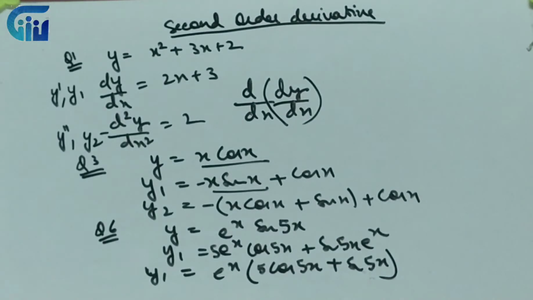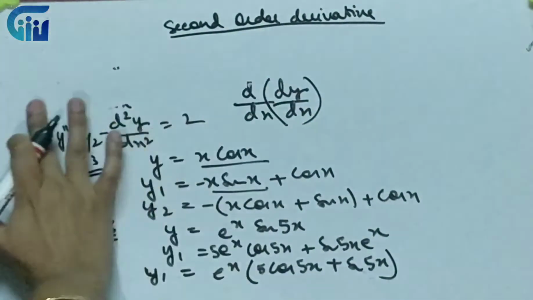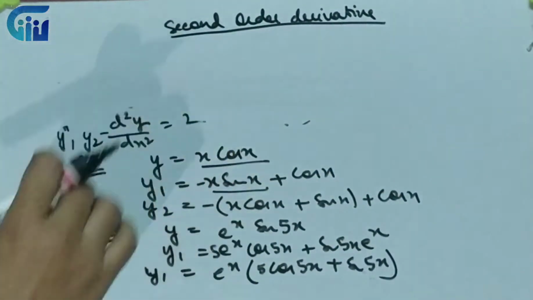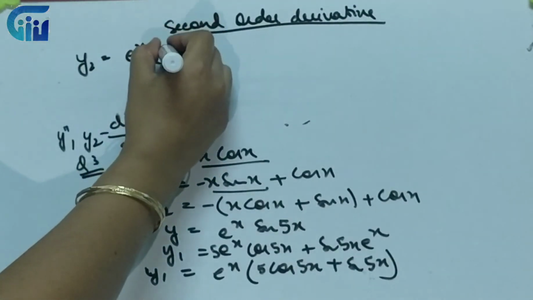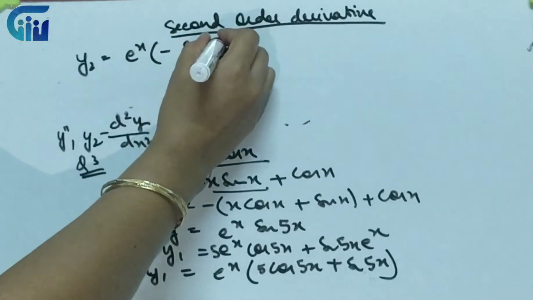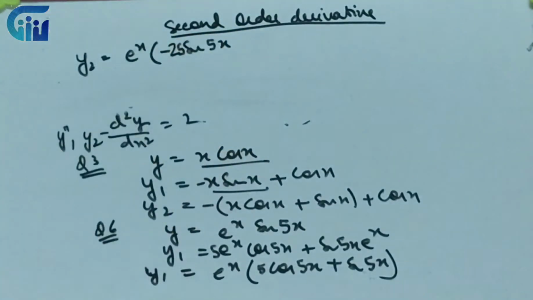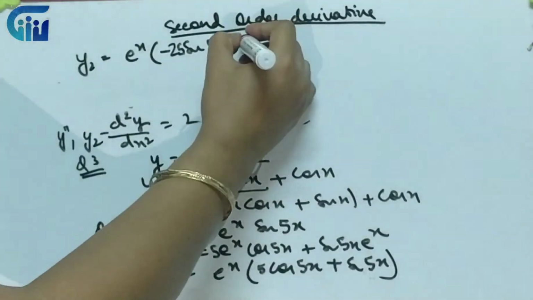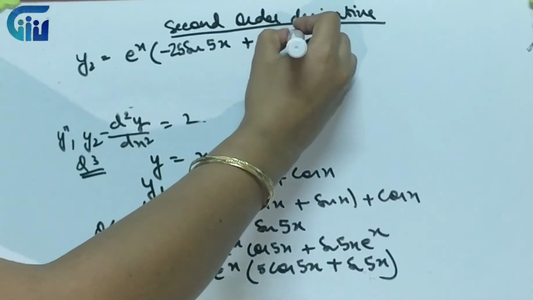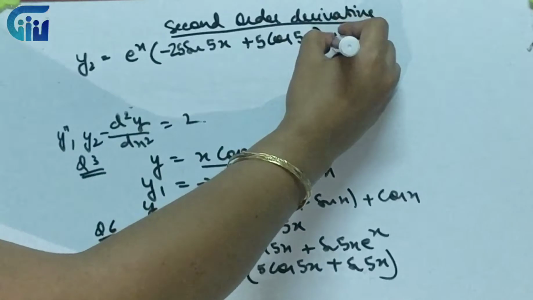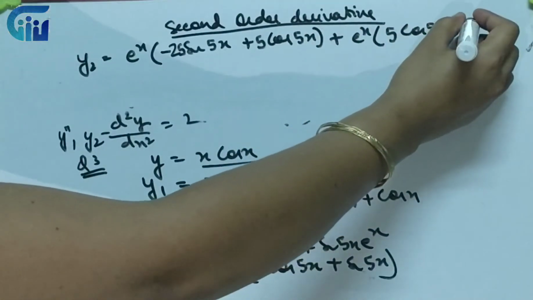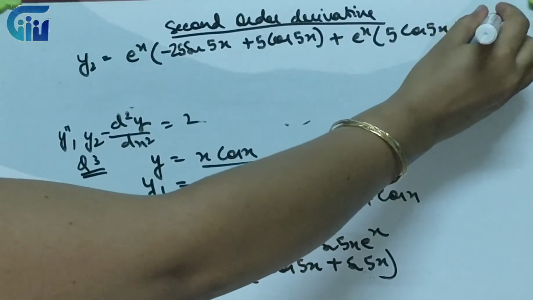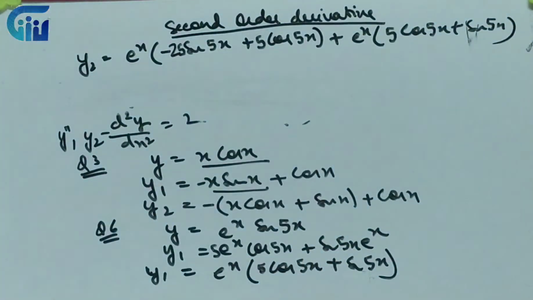Now if I differentiate it again, what will I get? Let me write it here. So this will be product rule. So e^x as it is, the derivative for this will be minus sin 5x into 5, so 5 into 5 will be 25, plus the derivative for sin 5x will be cos 5x into 5, plus the derivative for e^x is e^x. So this particular thing will be as it is, right? So this is how we write our answer.